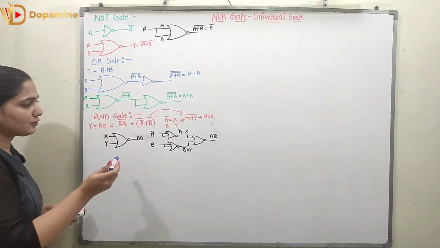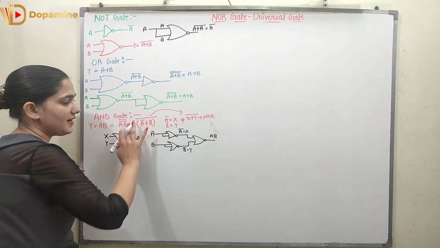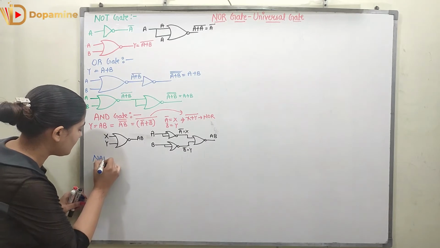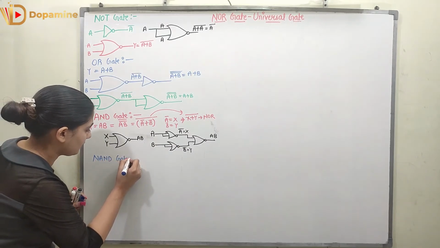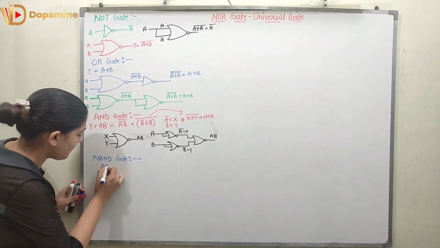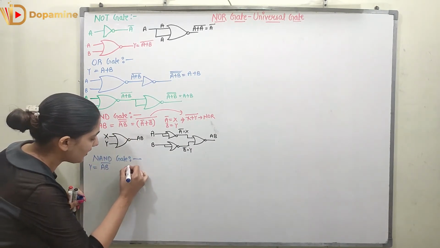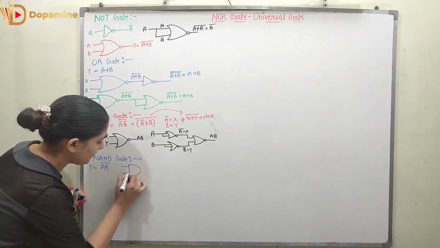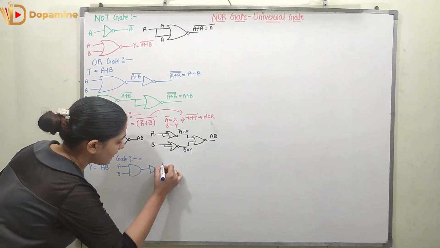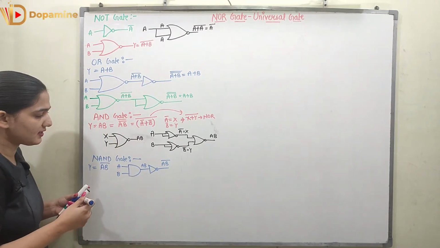So now I hope you understood this thing. So you can take the double complement and you can simplify, and with the help of the simplified output you can design the AND gate using the NOR gate, right? So now coming to the NAND gate. Now in the NAND gate we have the output as A, B complement. This is my Y. So what I'm going to do, I'm going to take an AND gate, right? So this is my AND gate. The two inputs are A and B, and if I take inverter over here, I will get AB bar, right? This is my AB. So this is how I have to design the NAND gate.